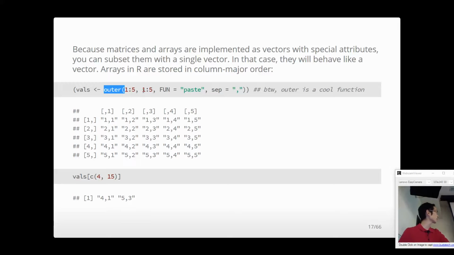And so here's a neat little function called outer. Outer does outer multiplication, and if I just did 1, 5, 1, 5 without this function here, what it would do is return 1 times 1, 1 times 2, 1 times 3, 1 times 4, 1 times 5, and this would be 5 times 5. So the default mode of outer, have you guys seen outer before? Here, it's worth